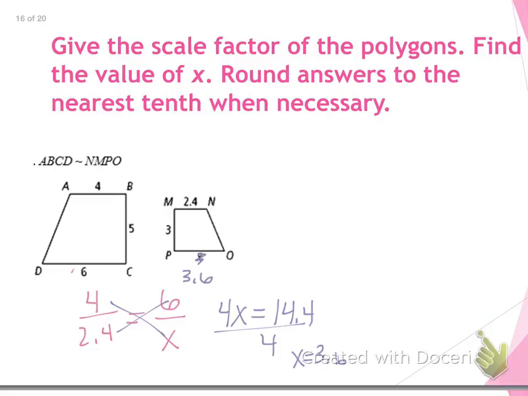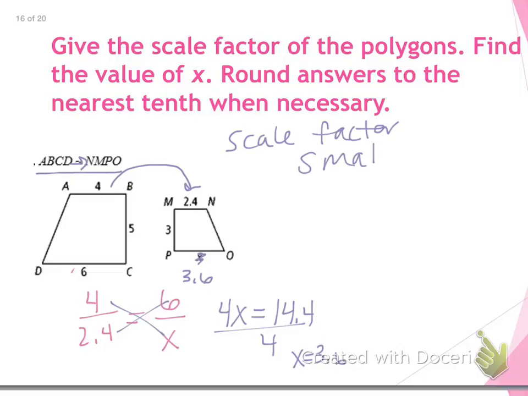Okay, now it says ABCD is similar to NMPO. So this basically tells me my direction I go. So I'm going from this to this. So am I getting bigger or smaller? It looks like I'm getting smaller. So if I'm getting smaller, my scale factor